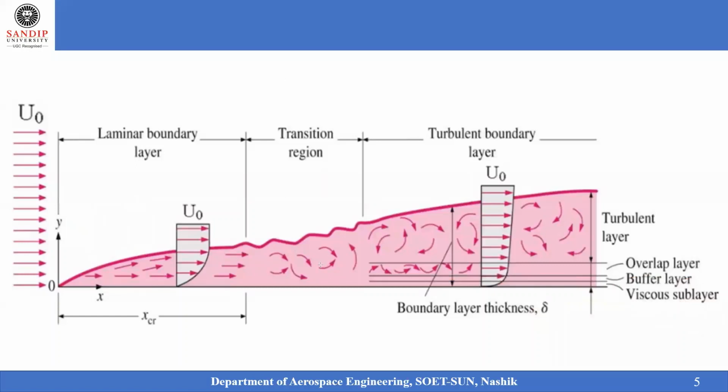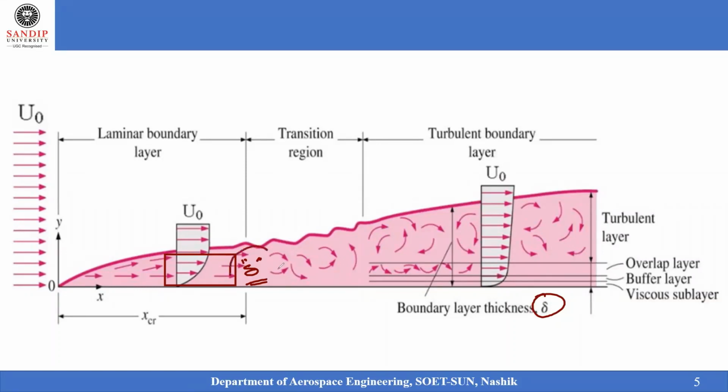Now how do we measure the thickness of the boundary layer? We measure the fluid flow height, the height till where the influence of this particular fluid flow is available. That height is exactly equivalent to the thickness of the boundary, so it is known as the boundary layer thickness. If you are measuring in the turbulent region, we may not get the exact picture of how much the thickness is, as the turbulent nature cannot be easily predicted.